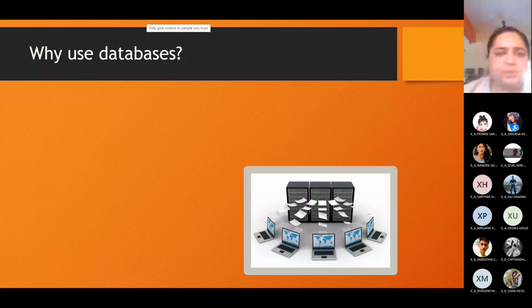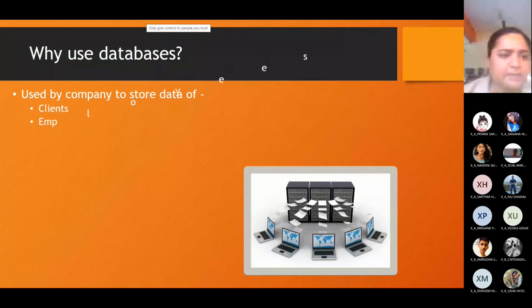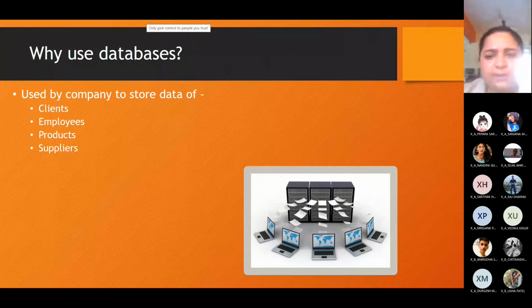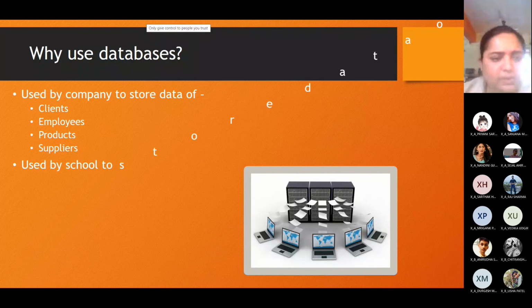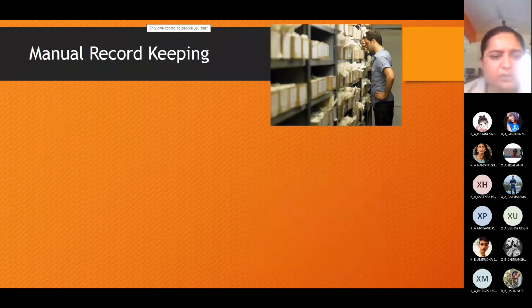So the thing is, why use databases? Databases are used by companies to store data of clients, employees, products, suppliers, and numerous other things. Every day a lot of data is collected and kept in a repository, a kind of warehouse, which is known as a database. It is used by schools to store data of students, faculty, employees, students' biodata, academic performance, and so on.